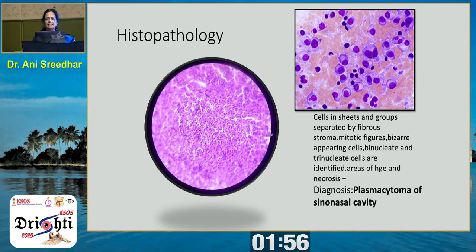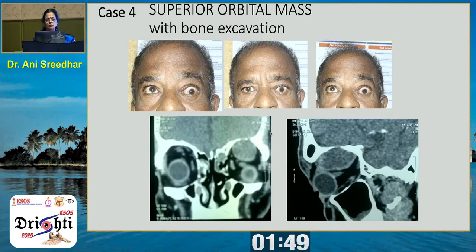So when there is extensive bone destruction, punched out lesions in the bone, think of plasmacytoma or multiple myeloma. This was a man who came with a superior orbital mass, and there was a bone excavation. It was nearly up to the dura. So I suspected the worst, but